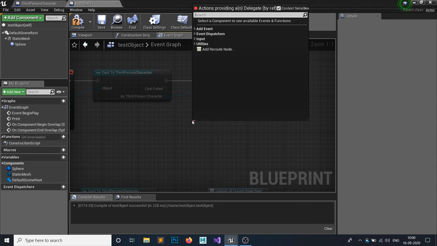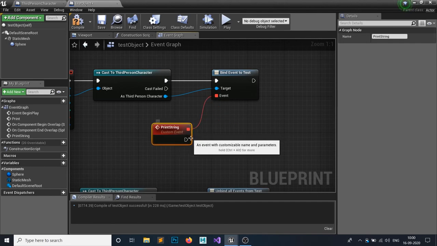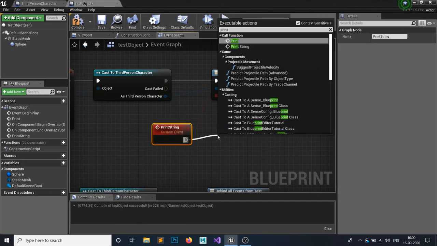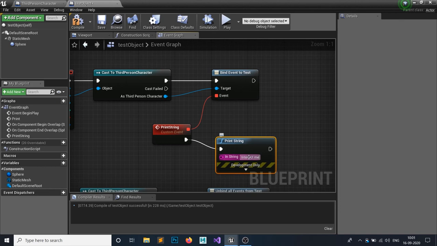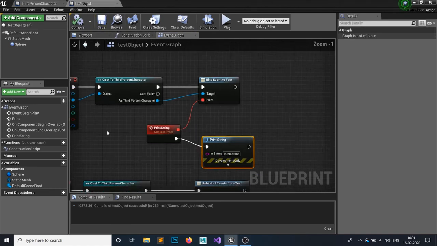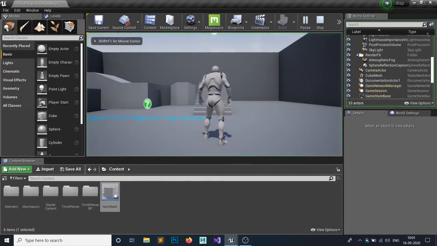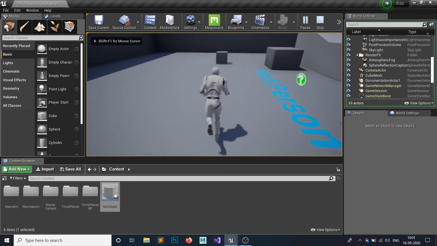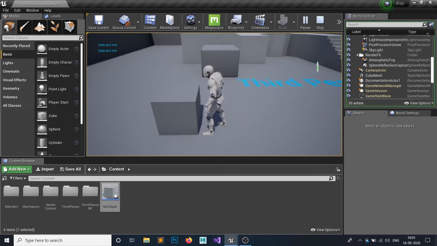So if you grab that and add custom event, we want to add a custom event called print. We already have a print custom event, so I want to call this print string. And what this print string custom event is gonna do is print string, and this print string would be interact me. So whenever we are inside this radius, we want to interact, otherwise not. So this is gonna unbind. So let's play. If I hit tab, nothing is happening because we are not in the radius of this. And whenever we face a certain radius, and if I hit tab, interact me.